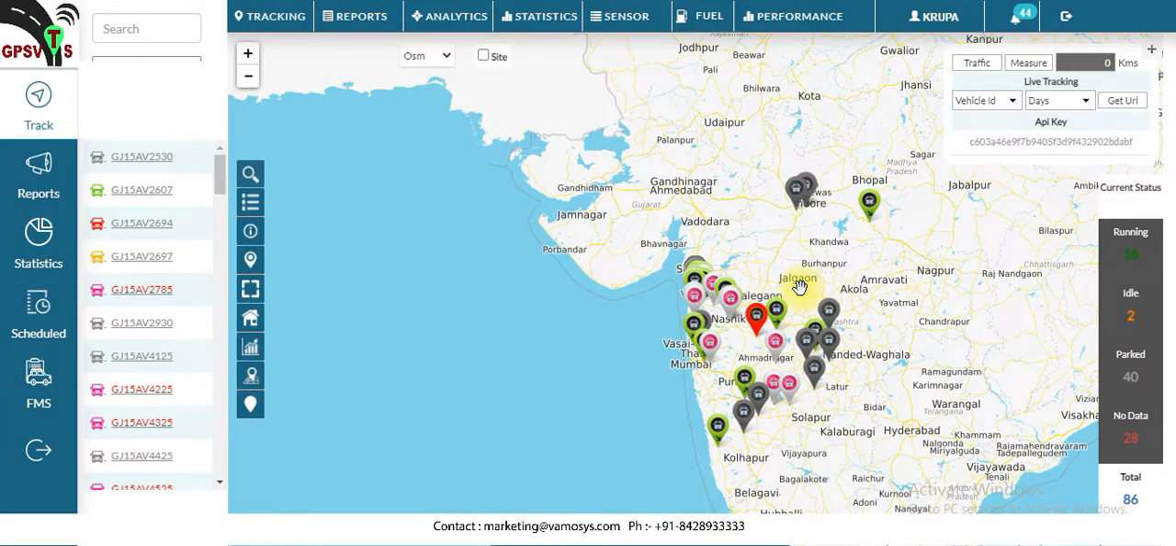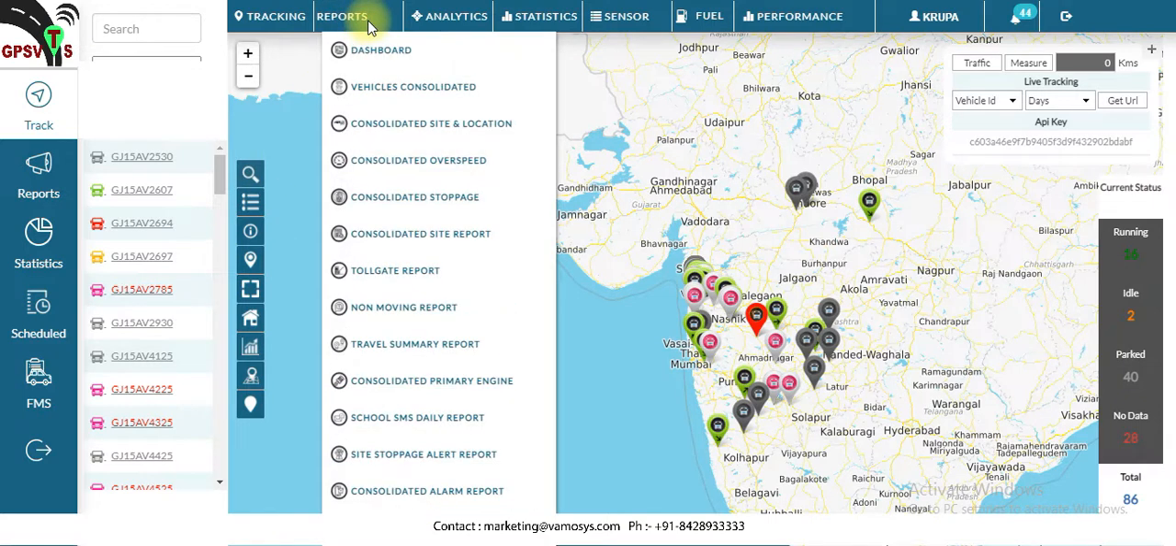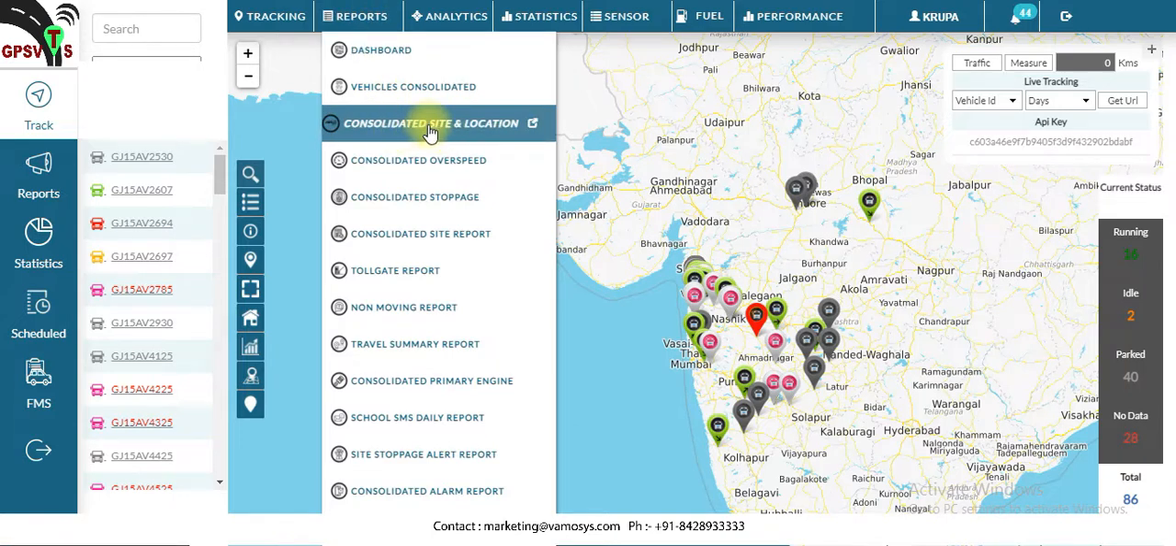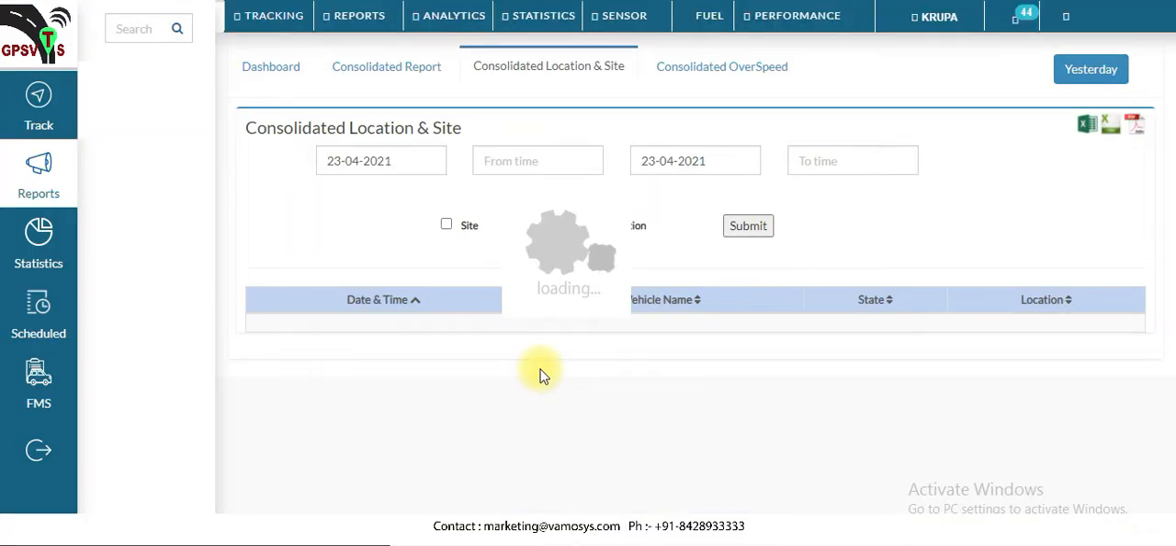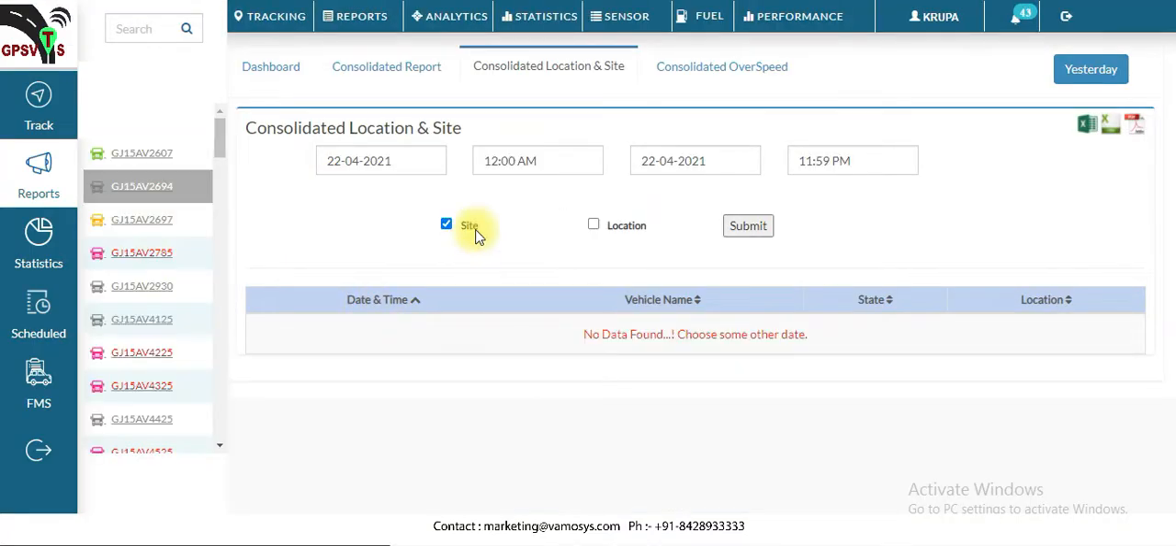To check the site report or geofence report, first you have to log in to your user panel. Second, go to the report section. Come to the third option, that is consolidated site and location report. Click on it, and a new window will open. In that you can see the site